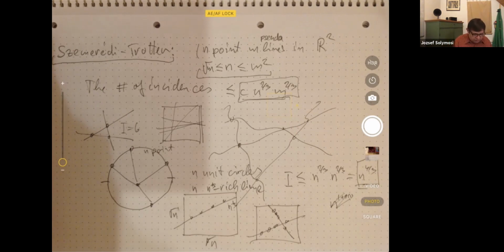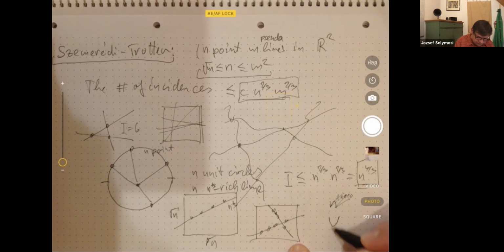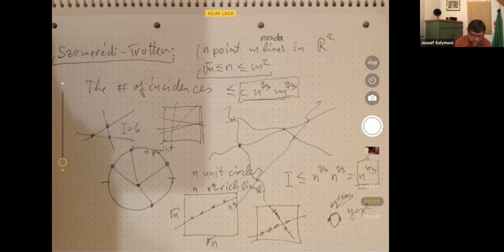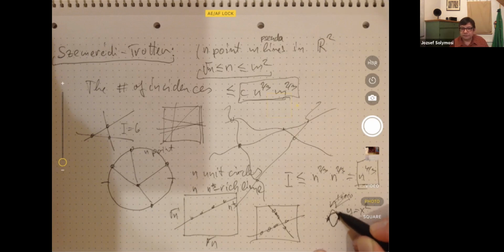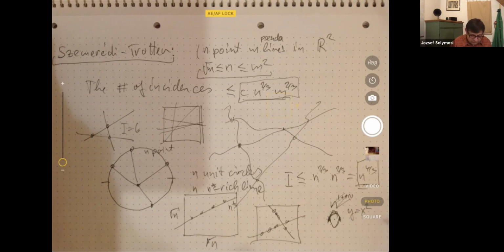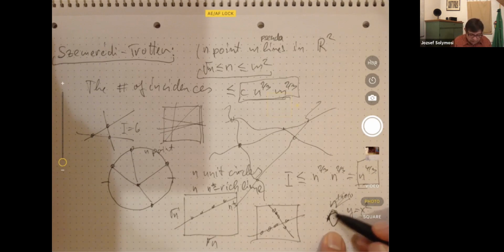The construction I'm going to show you is what I promised: if you have a different unit circle, which comes from y equals x squared, you go up to a certain part of it, and then you flip it. So if this was your unit circle, in convex geometry, you can say this is centrally symmetric, nice, smooth. It's not required that it's smooth. Anyway, if this is the unit circle, then you can have n to the 4/3 unit distances.